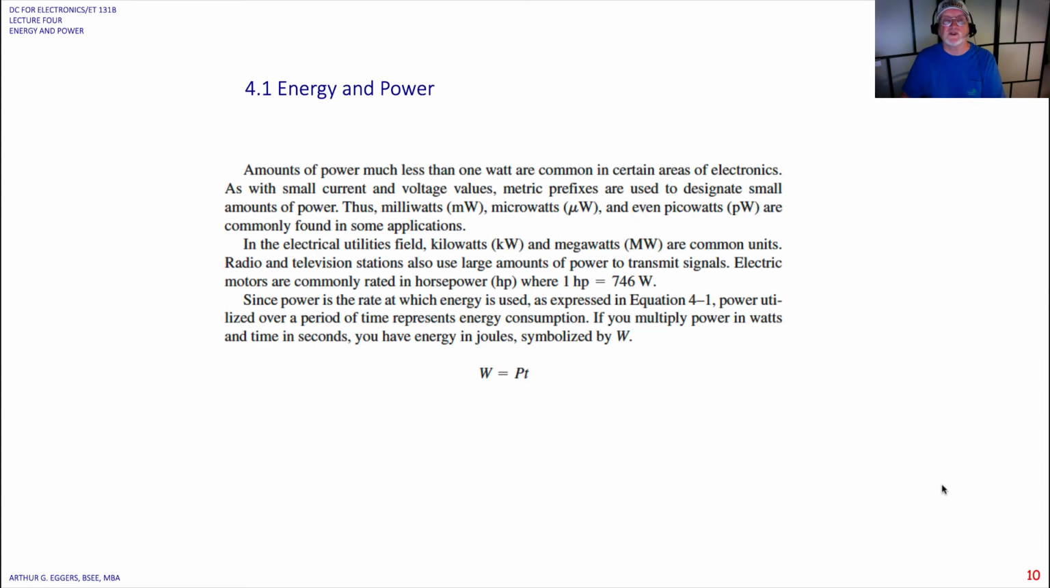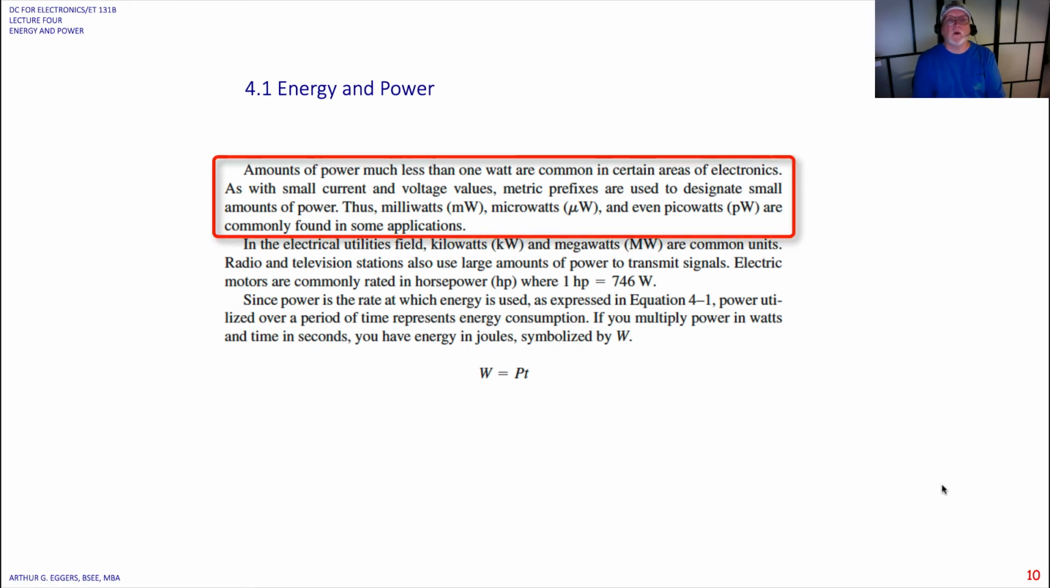Amounts of power much less than 1 watt, though, are common in certain areas of electronics. Typically, we use tiny values of wattage in electronic circuits. In electrical circuits, like power generating devices, of course, we use the larger designations. As with small current and voltage values, metric prefixes then are used to designate small amounts of power. Thus, milliwatts, little m, capital W, microwatts, little mu, capital W, and even picowatts, little p, capital W, are commonly